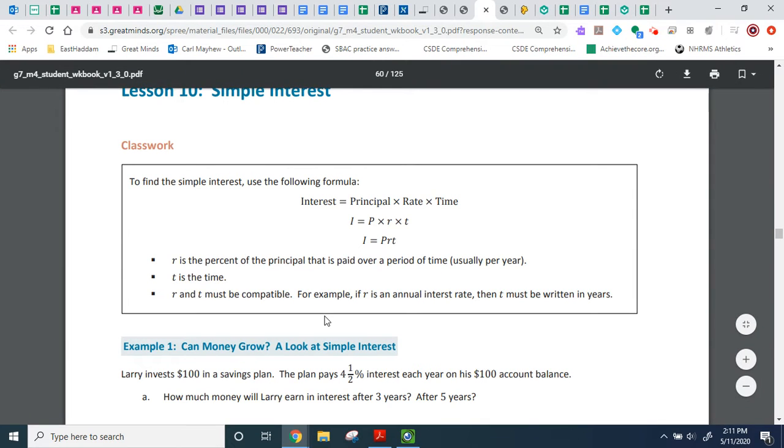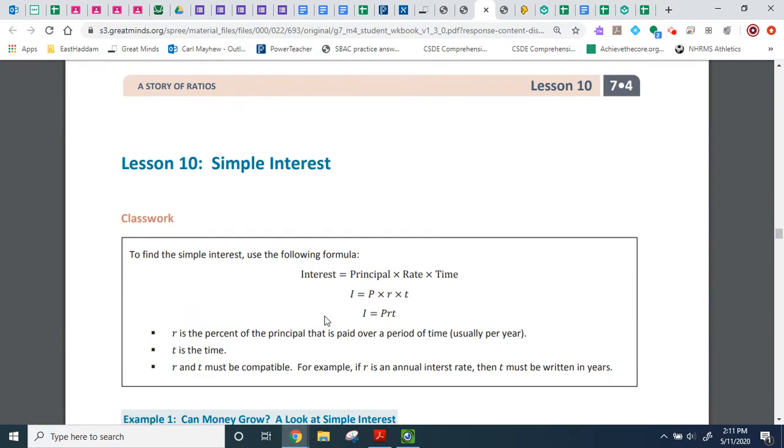Welcome back, everybody. Today we're going to be looking at percents, but we're going to be looking at percents in a little bit different light. We're going to be talking about interest. So you might have heard of interest in terms of maybe gaining interest from your bank account. You could have heard of interest in terms of like buying a car or a house or something like that, an interest rate. But today we're just going to be talking about something called simple interest,